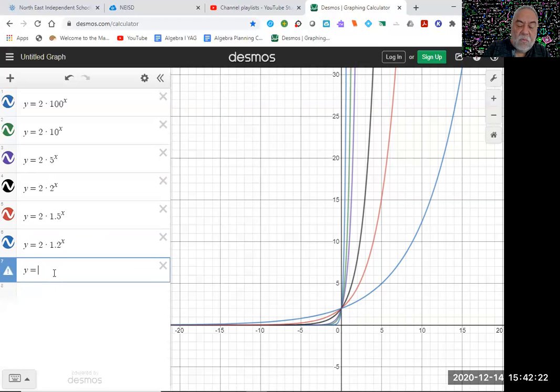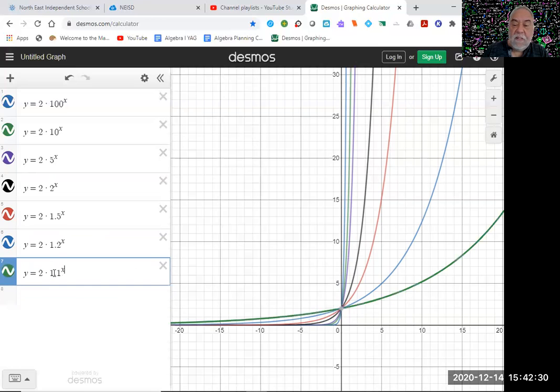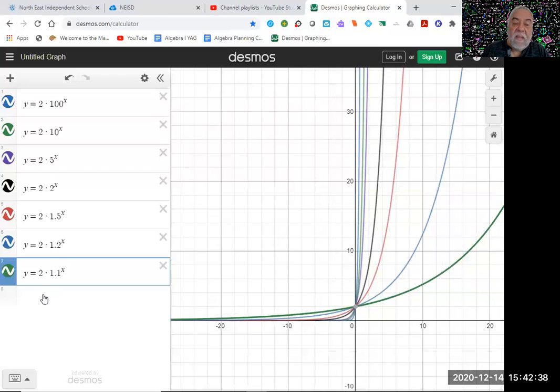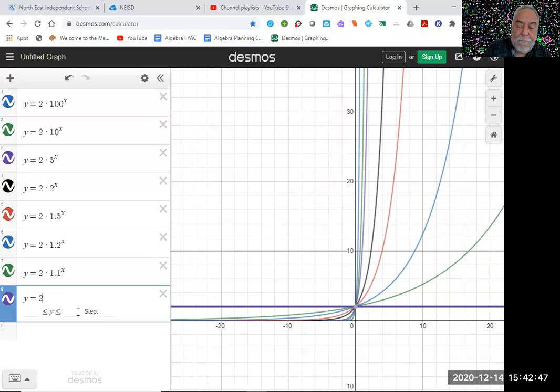Y is equal to 2 times 1.1 to the x. So you can see as I get closer to 1, it's getting shallower and shallower, but it's still growing. I can pick some really, really small number above 1. Y is equal to 2 times